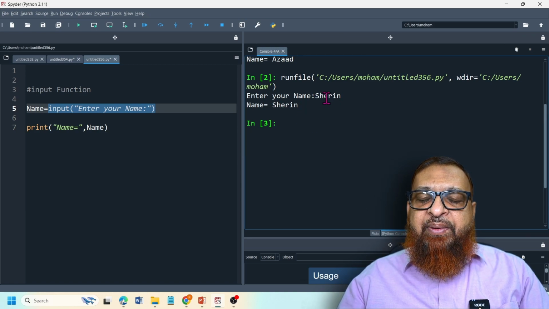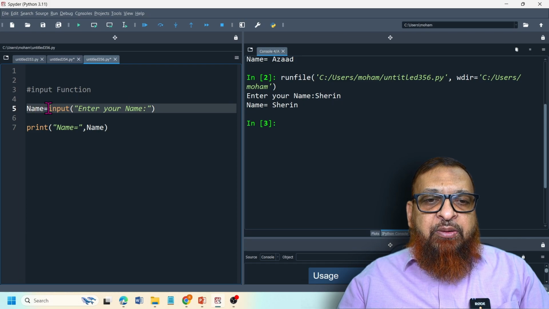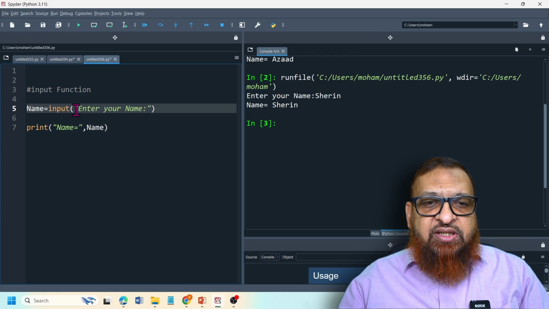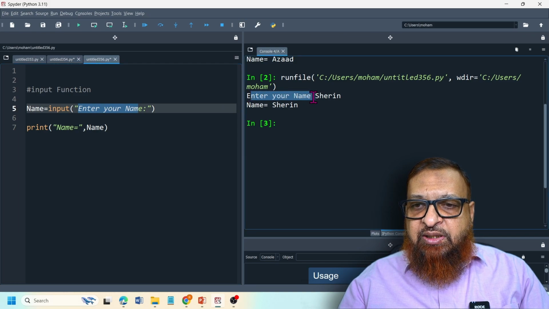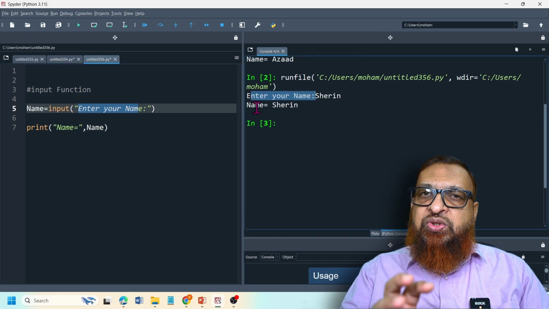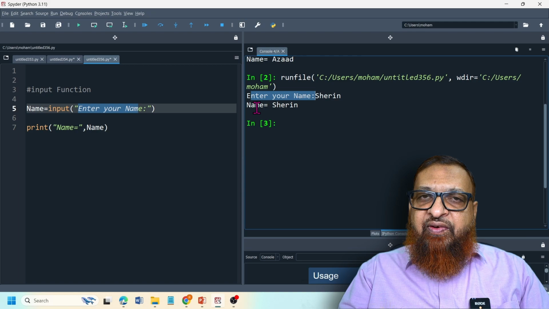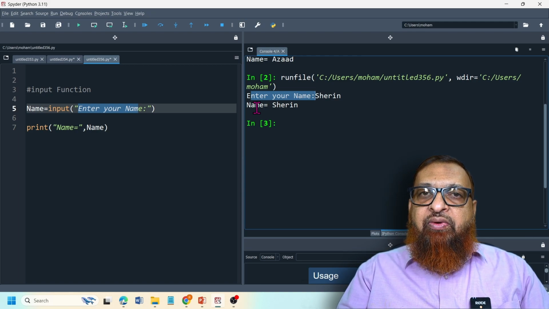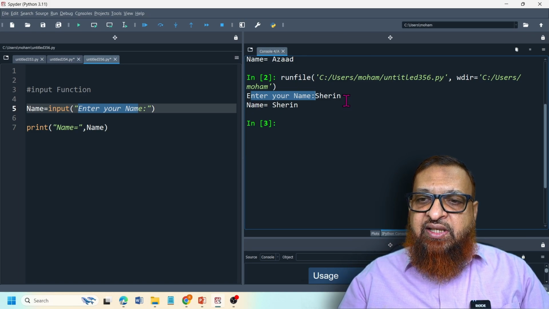So Shirin, what happens? Input, enter your name. Fine. So this is an input function. What the input function does is it's going to display the message enter your name. So it has displayed that message and it will wait for the user input. It will wait for the user to enter the characters and press enter. So when he presses enter, whatever characters he has typed over here,